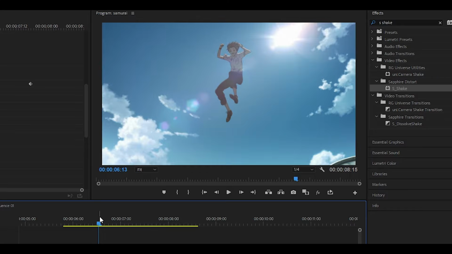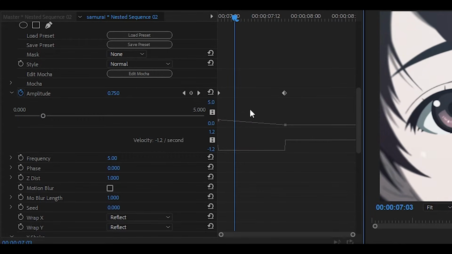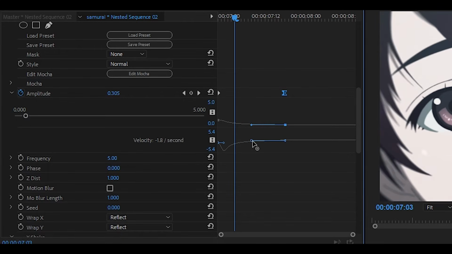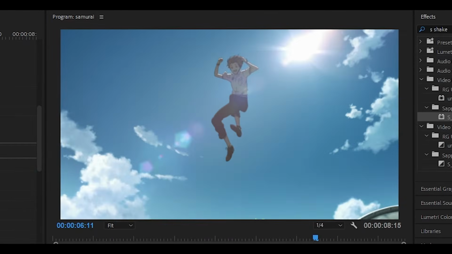It's going to look more like a wobble than a shake, but if you click the little arrow next to amplitude it will bring this little graph down, and over here you can change and control the velocity of the amplitude. So we're going to grab this little handle which is right here, and I'm just going to pull it all the way up. Make sure it's on the same level as the bar on the right, so make sure it's not up here. It has to be exactly on the same level. Pull it as close as you can and then let go, and now your shake is going to look something like this.